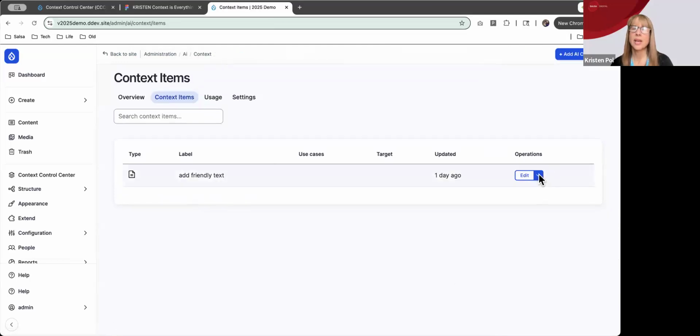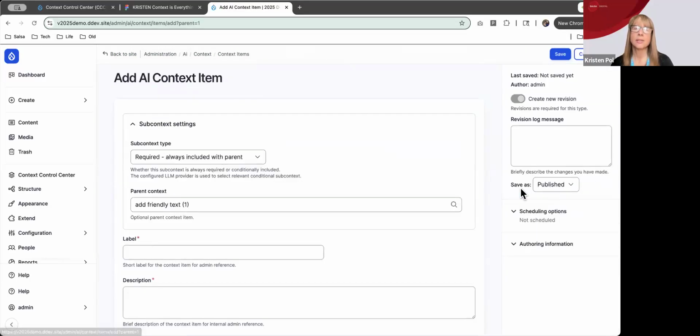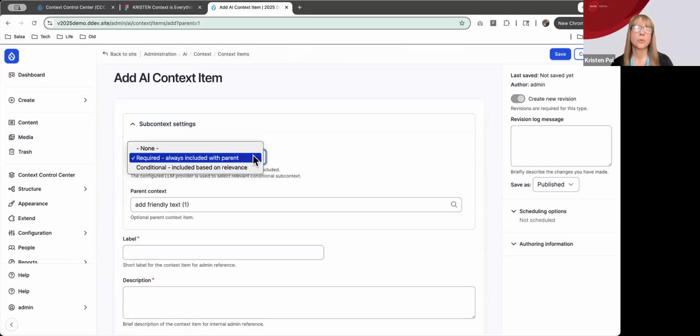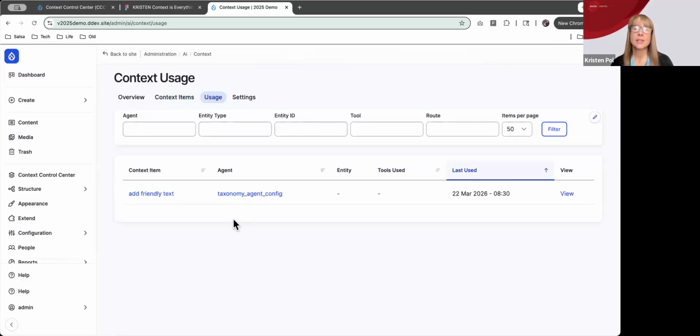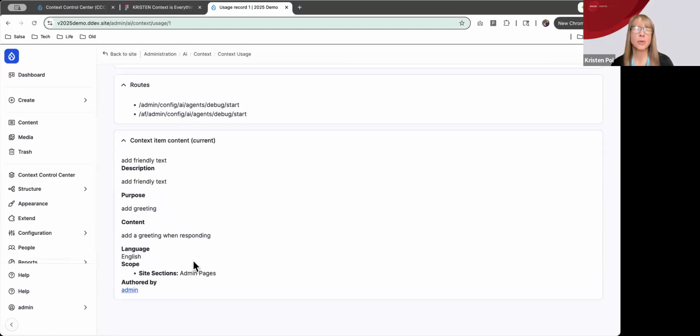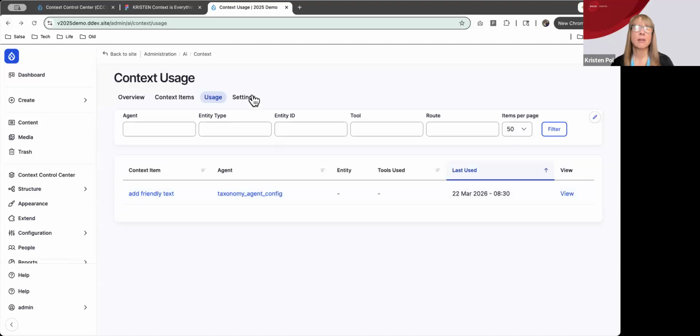It shows a list of context. You could add subcontext that we talked about. Got that required and conditional. You get usage stats. I was testing it earlier, so we see that I did a taxonomy thing and it gives some information about what happened there. And then there's a lot of settings for those backend folks